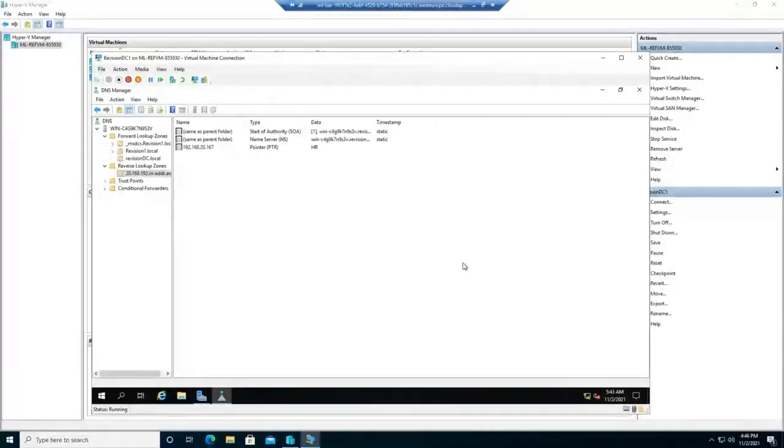Okay, can you see my screen? Yes, sir. Very good. So here we have created one record for PTR, so we are done with DNS, mashallah. That's really good. So we have done DHCP and DNS in almost